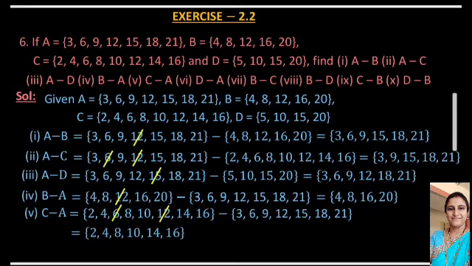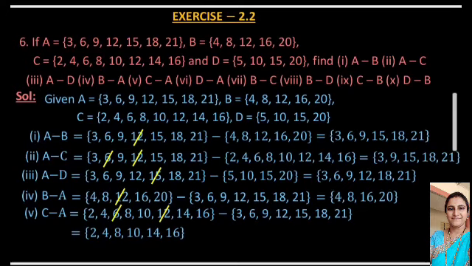For the first question, A minus B, what do we take first? First we take the A set, and only after that we take the B set. If you find the difference of the A set and B set, what are the common elements in A and B? If you observe A minus B, set of 3, 6, 9, 12, 15, 18, 21 minus set of 4, 8, 12, 16, 20, we strike out the common element in A. Then the answer is the set of 3, 6, 9, 15, 18, 21.